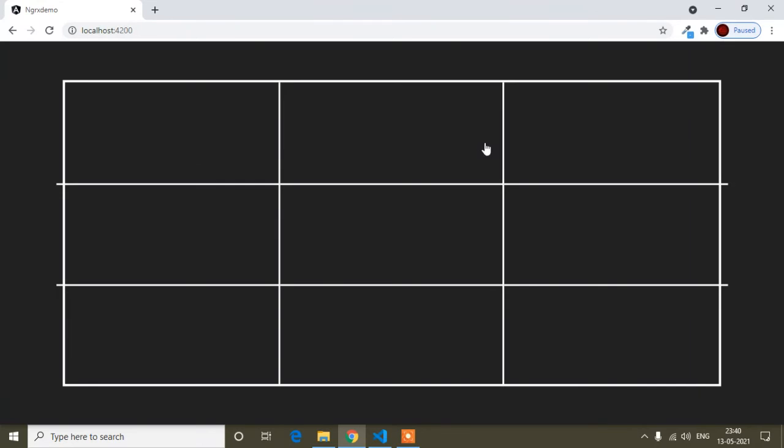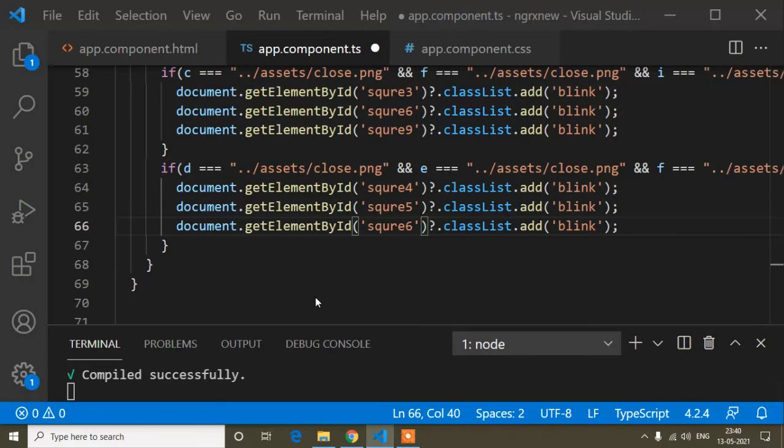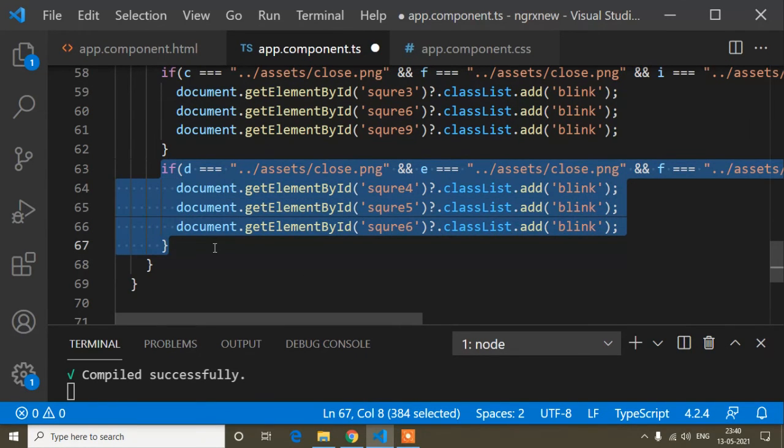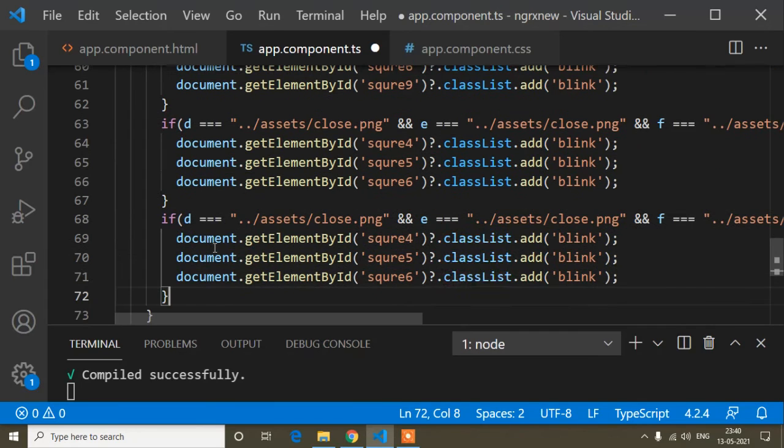So now I have to check, like A B C D E F, now this way. Okay, so GHI. Paste here. So GHI.